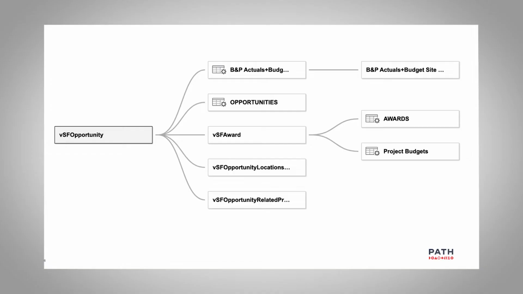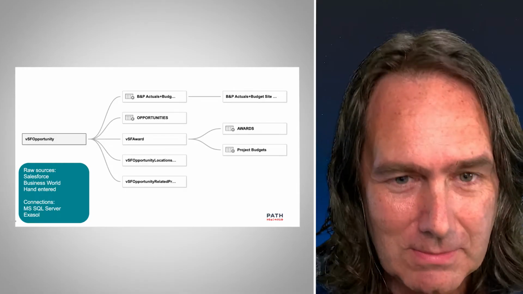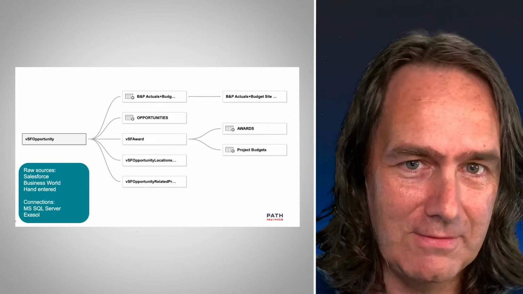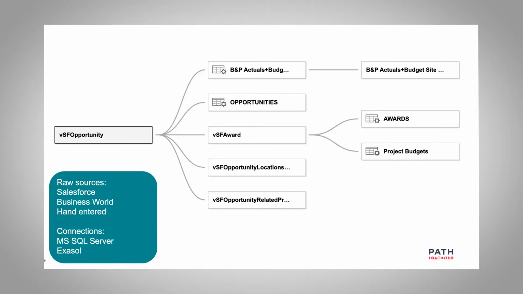So to pull this off, here's the data source that we built. Lots and lots of relationships across Salesforce, business world. Some of the data was hand entered. Ultimately, it was all in either Microsoft SQL Server or Exasol as databases. So it already had some structure and was ready to connect to. Given the questions that were being asked and a lot of nebulous kinds of things and having to explore the data, relationships were super helpful because we had all these different grains of data. Our opportunity table that we were starting with, of these grant opportunities,